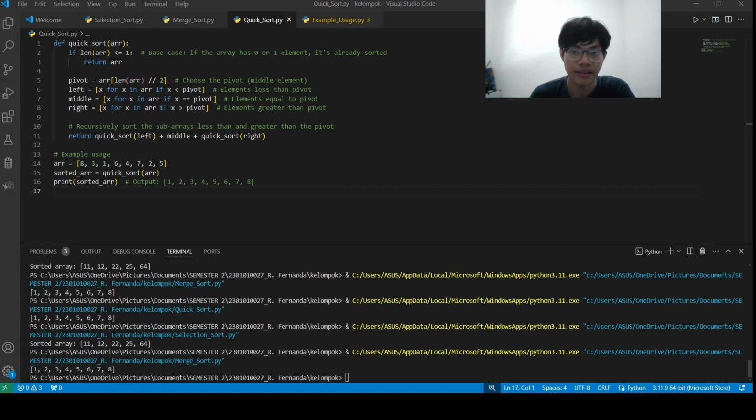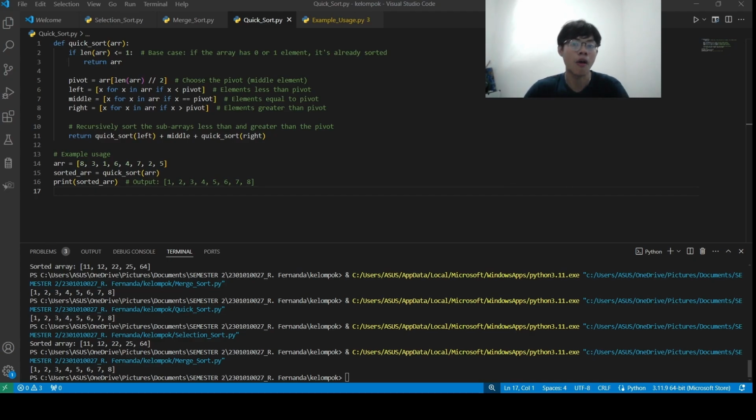Elements less than 38 are 27, 3, 9, and 10. Elements greater than 38 are 43 and 82. And place the pivot in between: 27, 3, 9, and 10, 38, 43, and 82. Repeat for the left and right sublists.